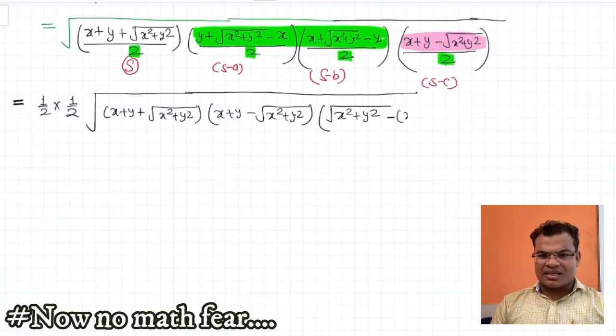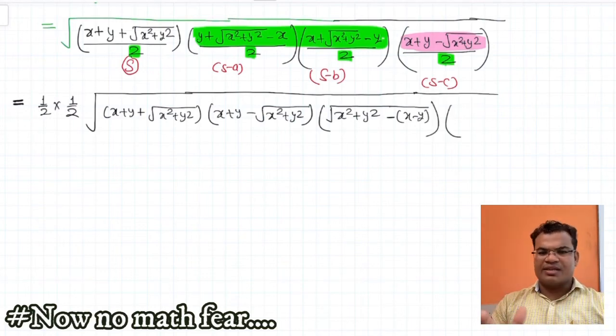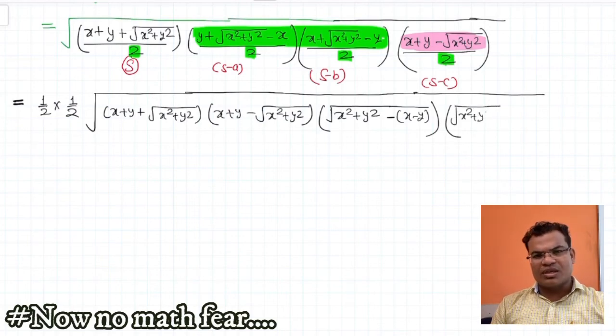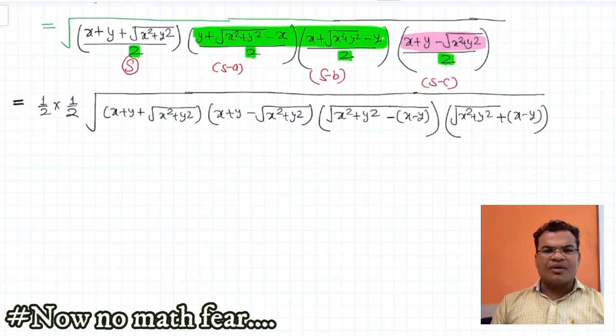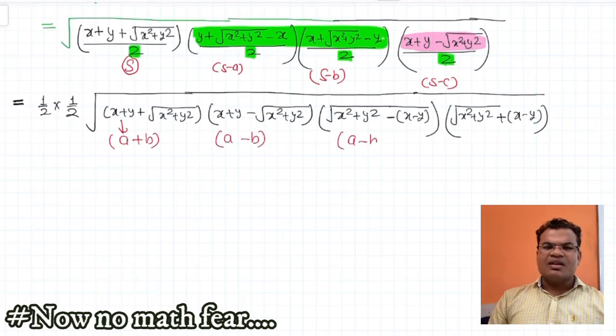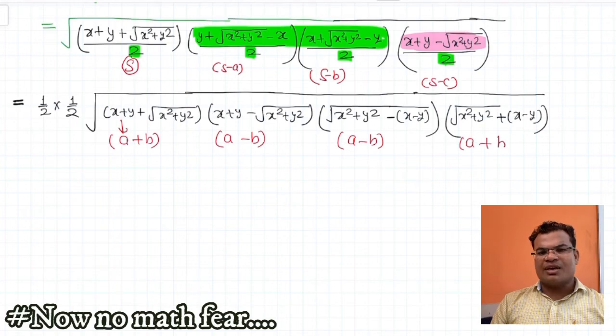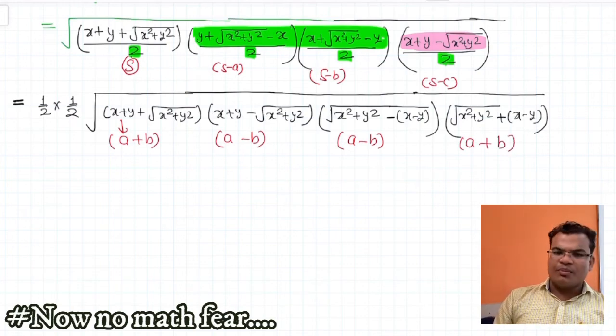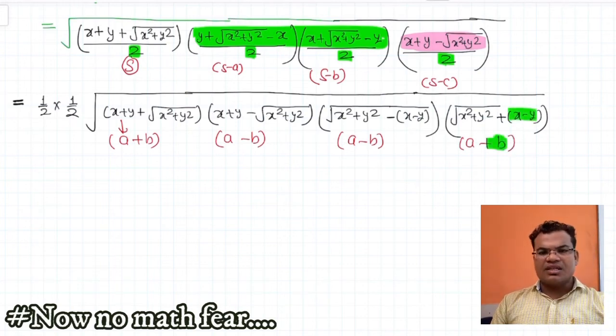So let me write under root x square plus y square plus y minus x, or x minus y, bracket with minus outside. The first term is positive, then the negative term. The second bracket is also under root x square plus y square. Positive terms will be written first, and minus x minus y. You can see these are the four values of the terms. This a plus b is the first bracket, second is a minus b. Similarly, in the last two also a minus b and a plus b.